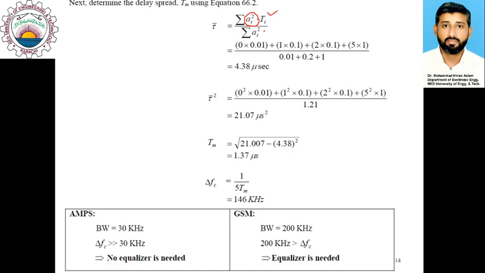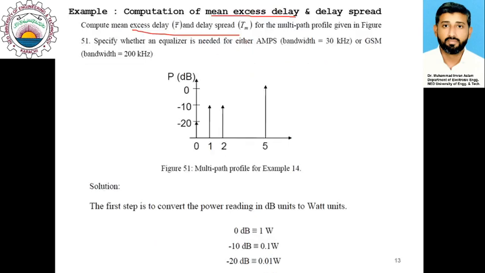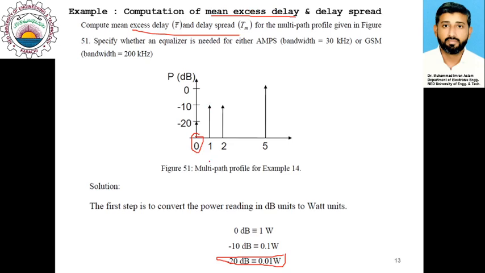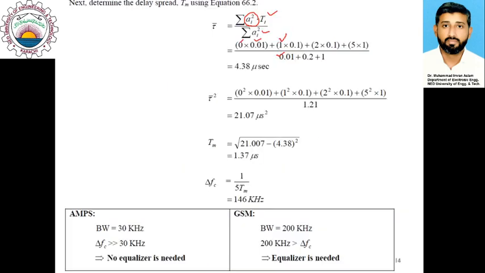Ti is the individual delay and ai square is the mean value. So ai square, you can see for 0 delay ti, when the delay is 0, the mean power is 0.01, and in the denominator you get 0.01, plus for the second term the mean delay is 1 and the received power is minus 10 dB, which is equal to 0.1 watt. So for a delay of 1 unit the mean power is 0.1,